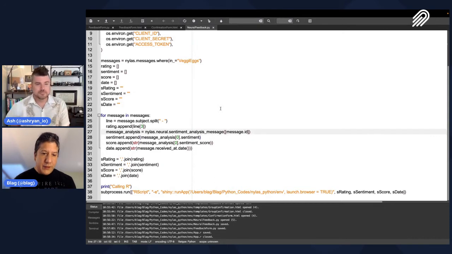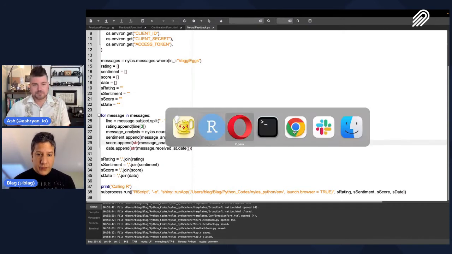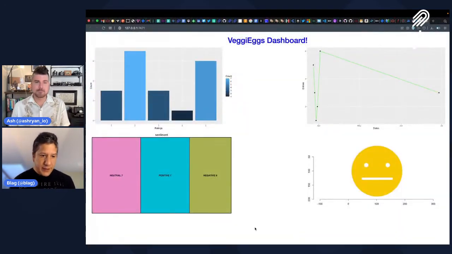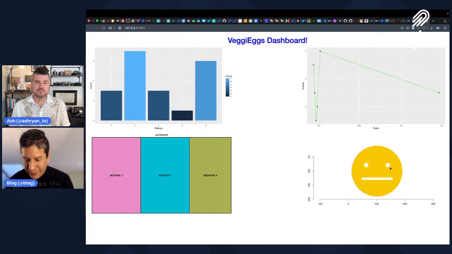So this one is, like I said, going to return the sentiment and the sentiment score. If you see here on the dashboard, the sentiment is going to be either neutral, positive, or negative. And the sentiment score is what we see here in the smiley face.